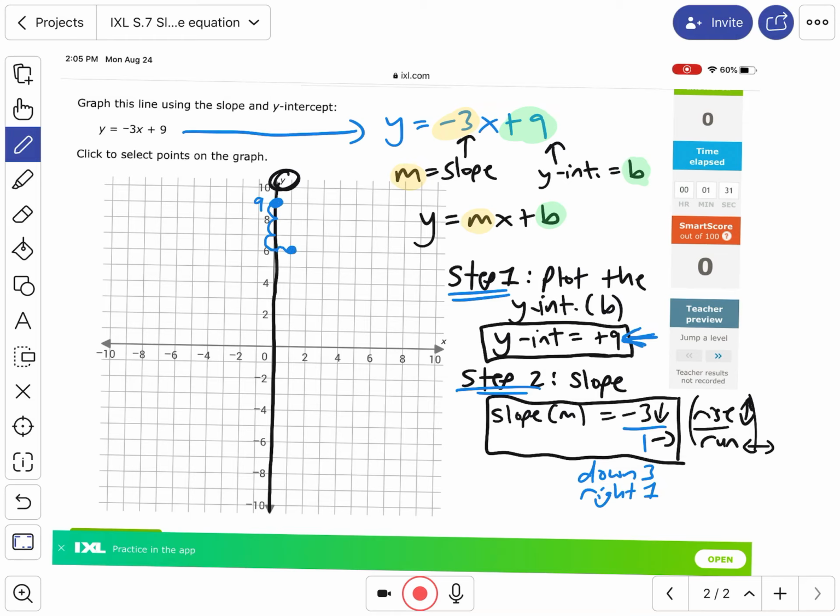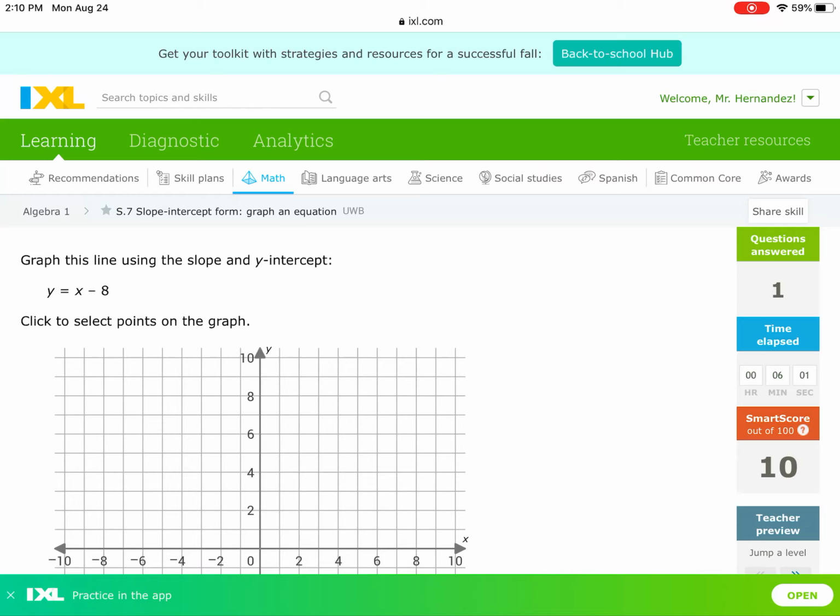So we started at 9, and we are going to go down 3, 1, 2, 3, and right 1, and that basically is the same exact process that we did here. And let's see if we're right. Yes, we are. Okay,